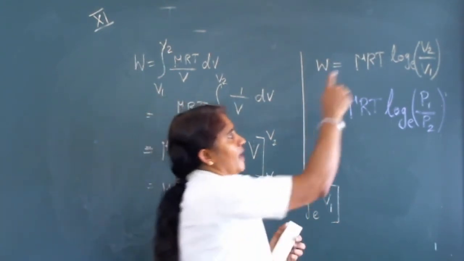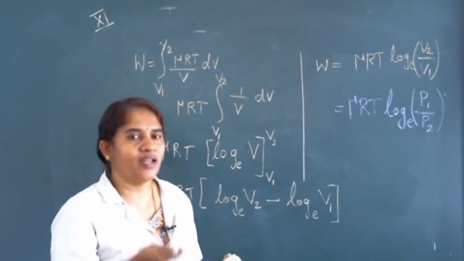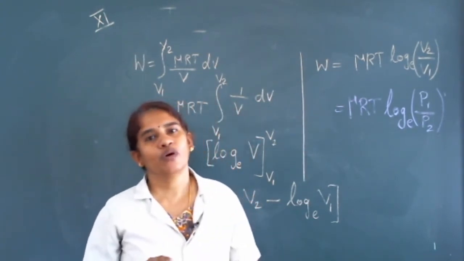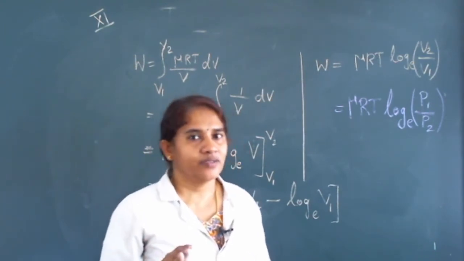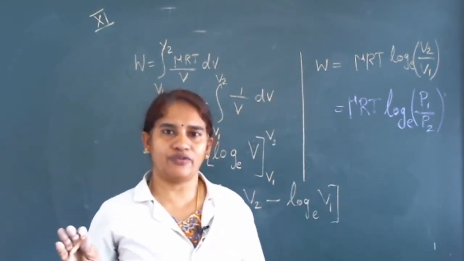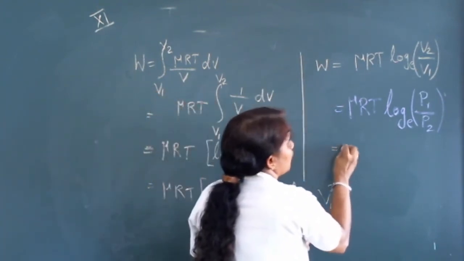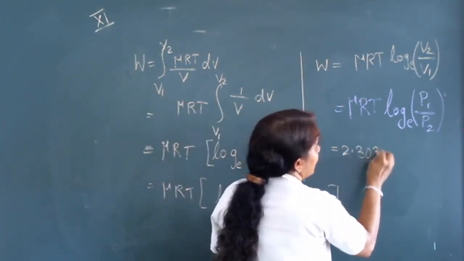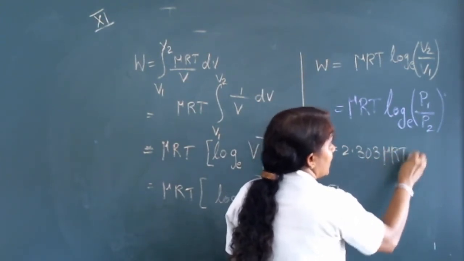Then since it is natural log, to the base e, we have to convert it into arithmetic one. In order to convert that, we will be multiplying with 2.303, so it will be 2.303 into mu RT